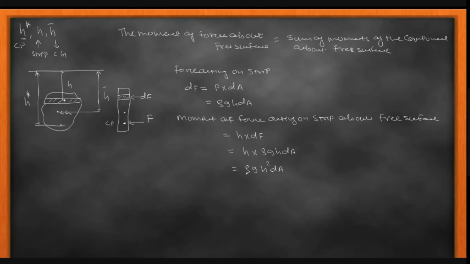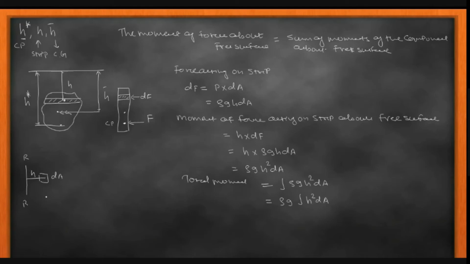Now for finding the total moment, we need to do the integration. So I'm writing down over here the total moment, the integration of the moment, and integration of moment means we have to integrate this term, rho g h square into dA. Rho g comes out of the integration, and we have h square into dA. And again we need to correlate those terms. See, this is the reference line, we said that is RR, and our area, let's say, is dA, and the distance over here is h.